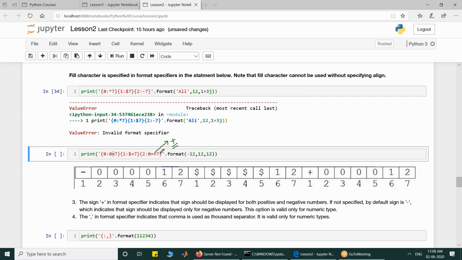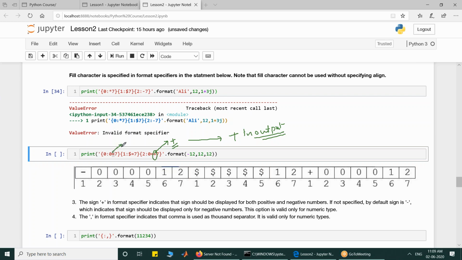If you want to get a positive sign for a positive number, you have to make use of this plus sign. So the plus is for getting plus in the output. By default plus is not written, but if you want it to come in the output, make use of plus.